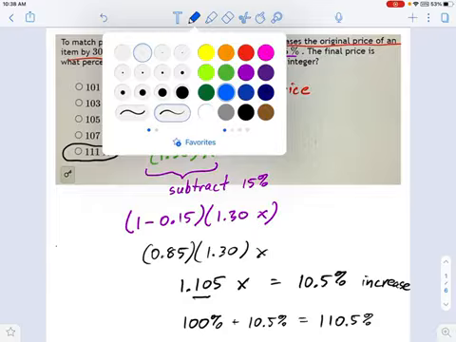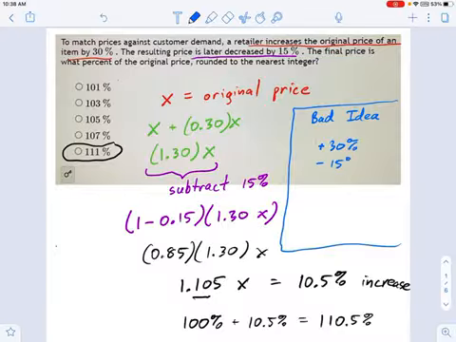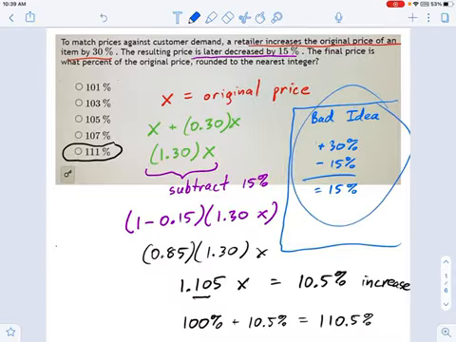Okay, let me put the bad idea over here. This is what the answer is not. This is how you do not do percentage style equations. You do not simply say plus 30% and then minus 15% and get equals 15% extra, right? That would not be the way you do this, right? We don't have 115% as an option. We only have 111% as the top. So watch out for this.